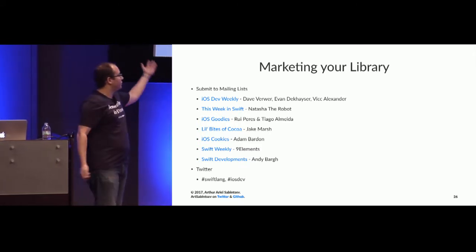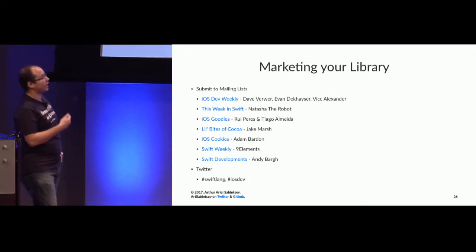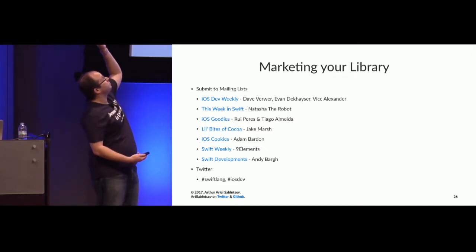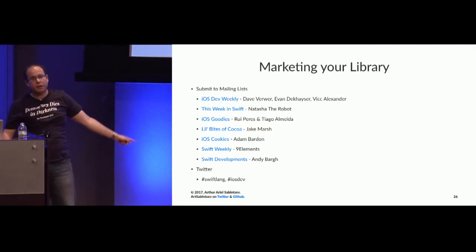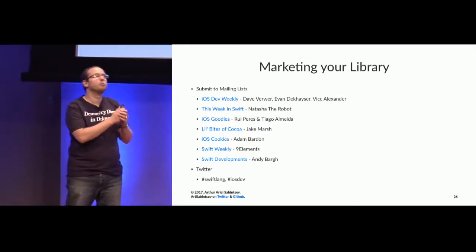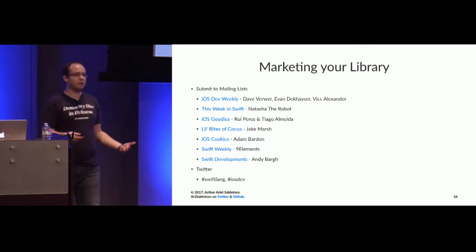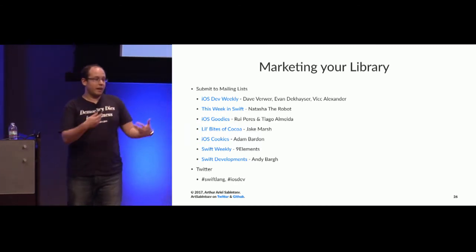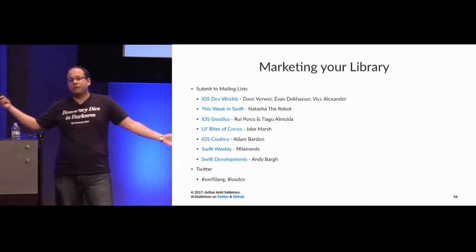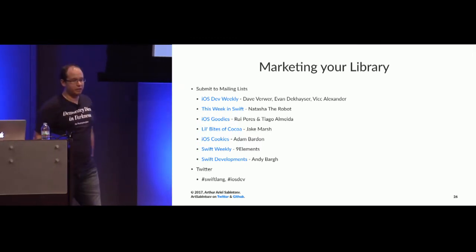And on Twitter, use the hashtags SwiftLang and iOSDev. I will tell you that I am very annoying when it comes to this. When I have a new library, I will tweet it. I will retweet anyone that puts it out there. I will email these people. I will tweet them a second time right before their newsletter is supposed to go out, imploring them to please give me a little byline somewhere, because I think the problem that I solved is relevant, and I hope they do too. And if they do see it, they'll publish it. And if they don't, no hard feelings, because I know maybe next time they'll do it. So this is how you get your stuff out there.